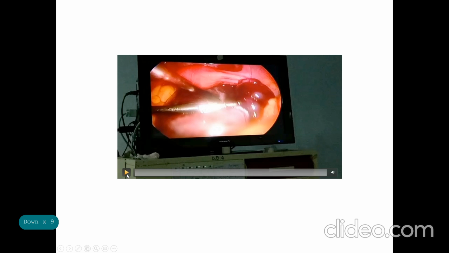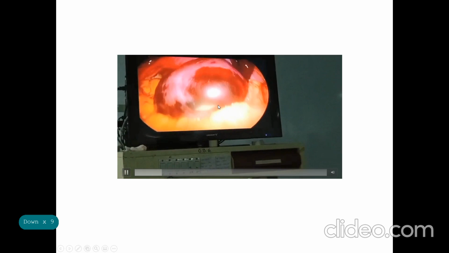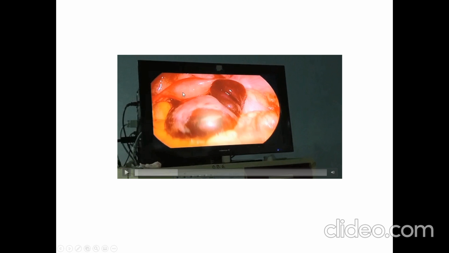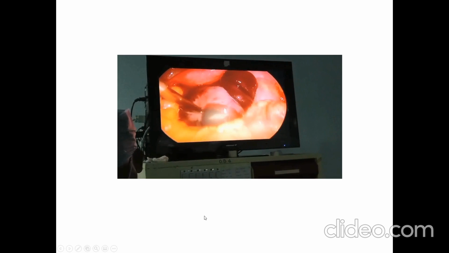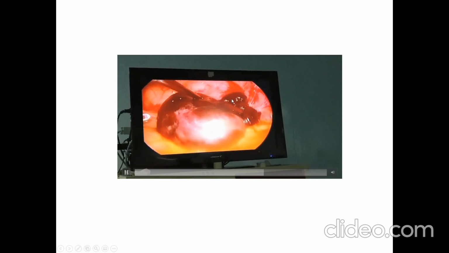This is the intraoperative laparoscopic video. You can see the enlarged right ovary. I'll pause for you. This is the uterus. This is the fallopian tube on the left side. And here you can see the edematous, tortuous fallopian tube on the right, which is twisted. And this is the enlarged right ovary. This is the hemorrhage. You can see all the hemorrhage and necrosis on the surface of the right ovary. This is the necrotic fallopian tube, which is twisted and tortuous.